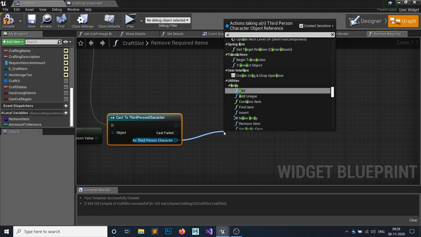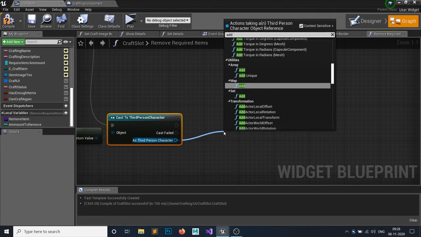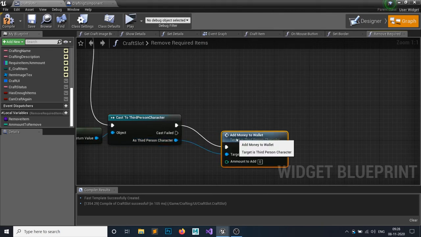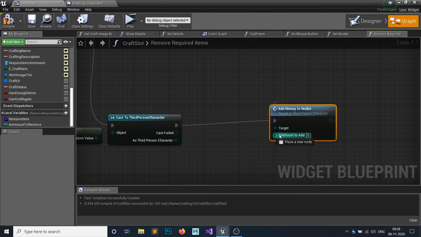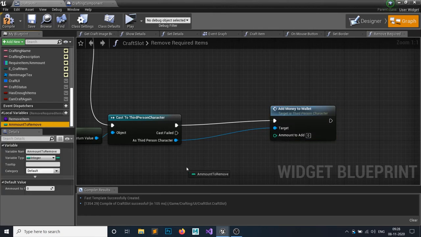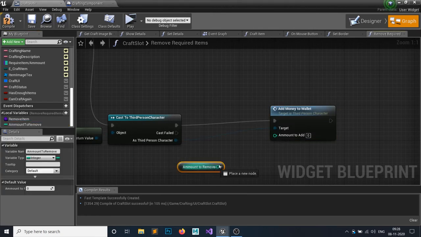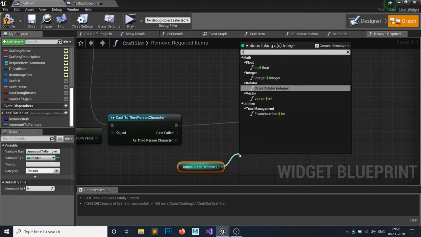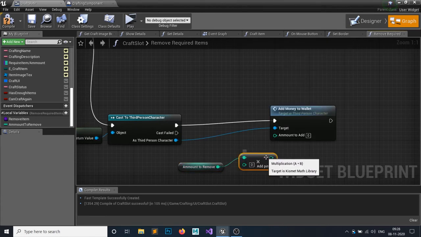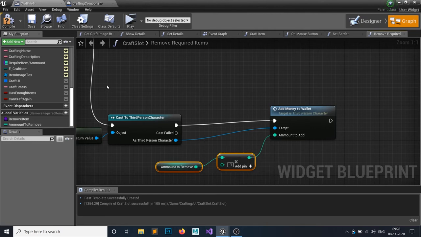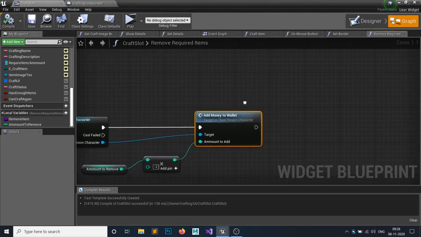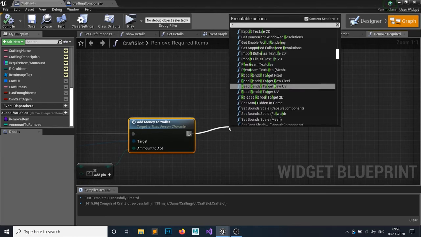Then I want to add money to wallet, right? And the money I want to add is this amount, but in the minus form. So I will simply multiply this guy by an integer, -1. So if it's 5, and I multiply with -1, it will be -5. Yes, so it will now be removed from this guy, and then I will simply return.